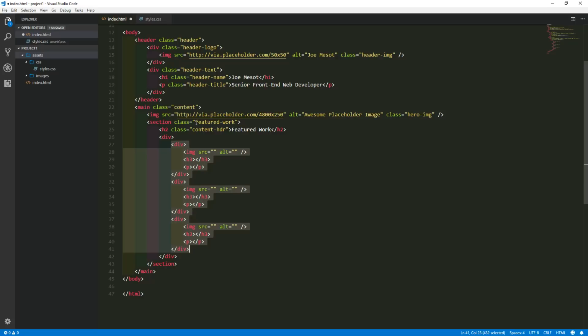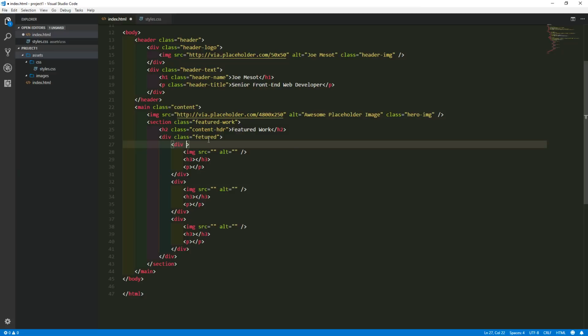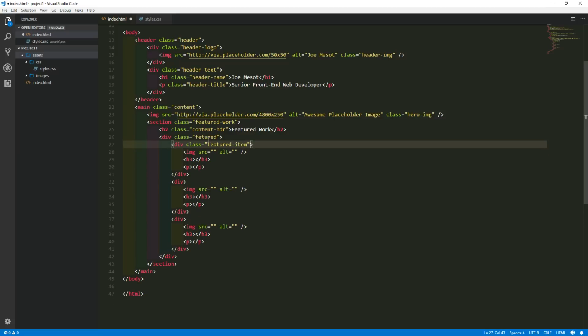But I already have a class of featured work, right? So this can be class featured, just featured, and that's it. Yeah, that'll work. Then this would be class featured item. Oops. Now, this naming convention, because I know that in the future, this box is going to get